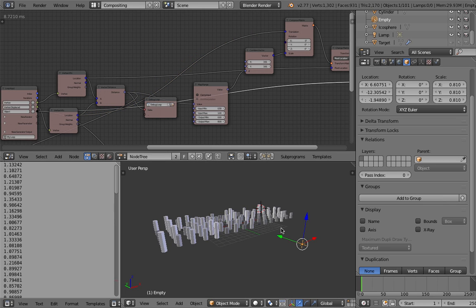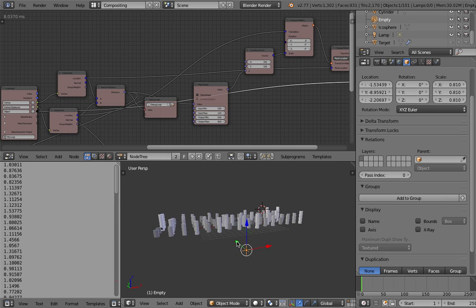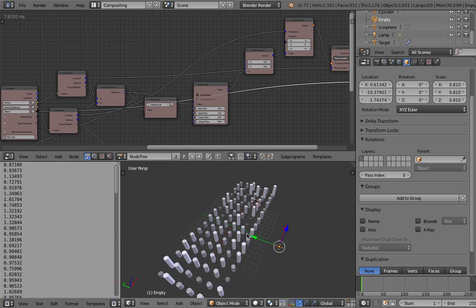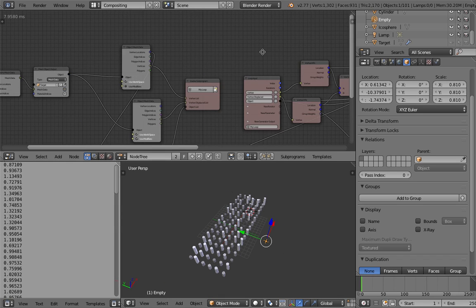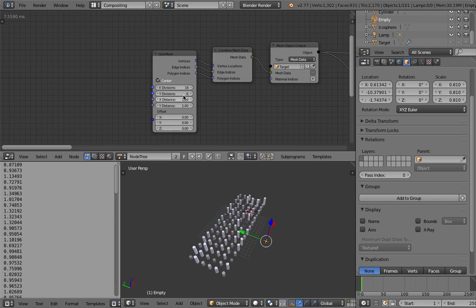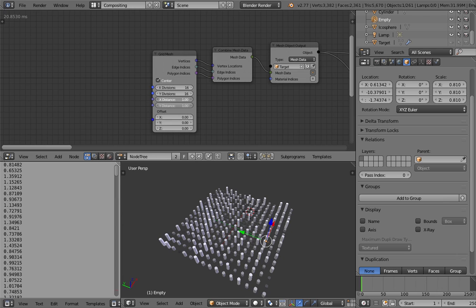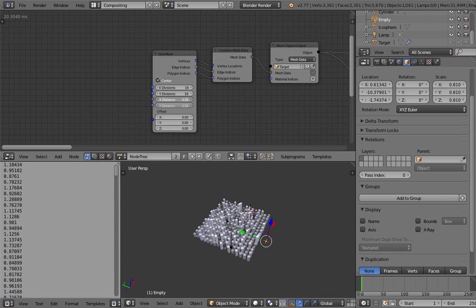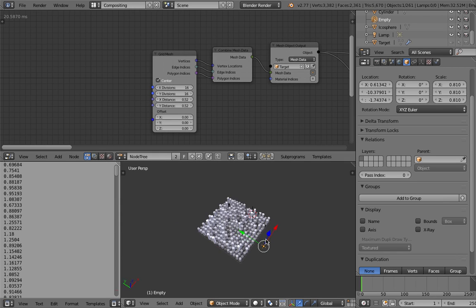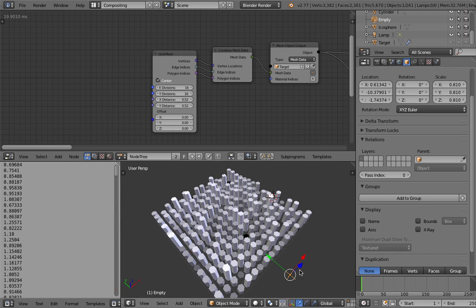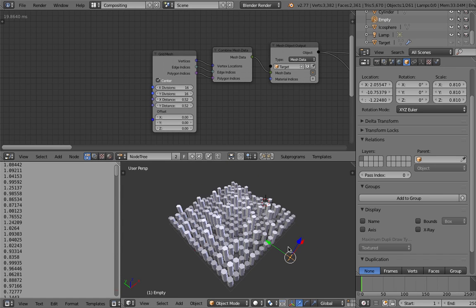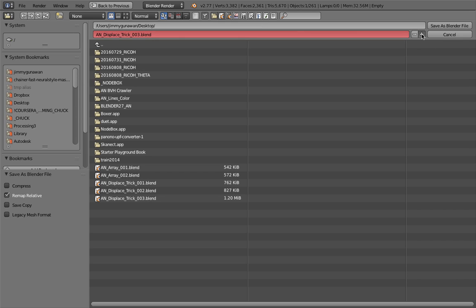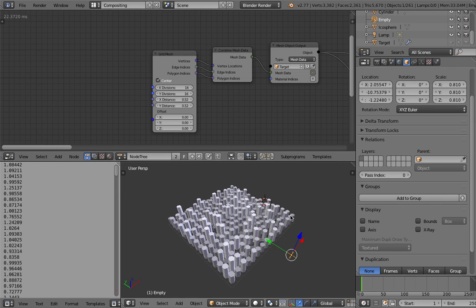It's kind of more like that, I think, even though the bottom is still moving. Oh well, at least we have this happening now. We have control over the distance. That's 256 copies of the object right there, doing a cool thing. Can save this file, save as, save this guy.